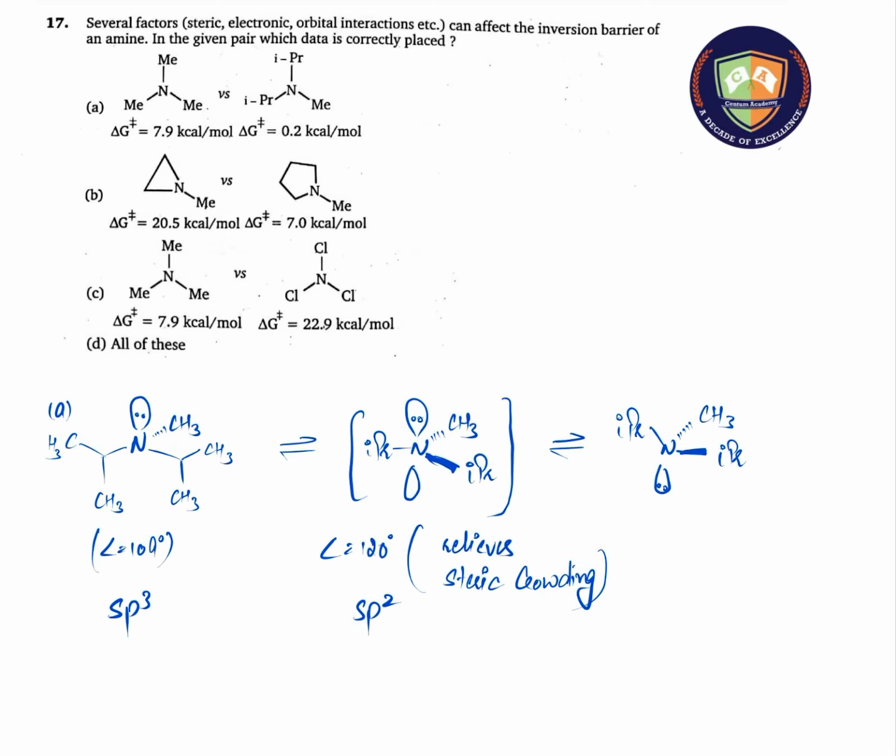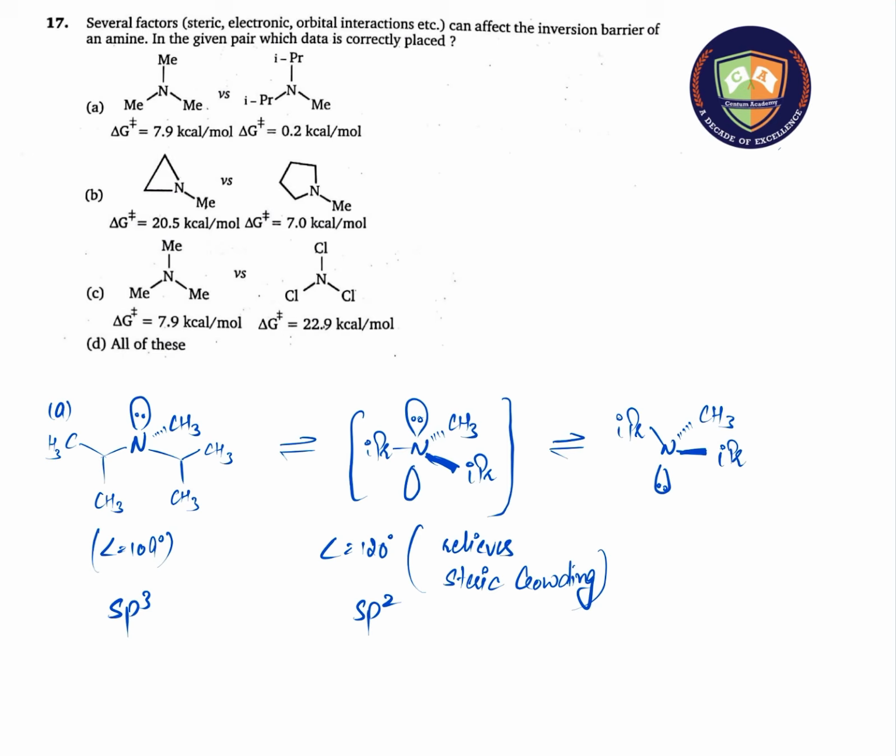Question number 17. In this question, we have to check if the data is correctly given or not. Let's analyze option A. In option A, trimethylamine is given versus diisopropyl methylamine. Let's analyze it. The barrier to inversion for diisopropyl methylamine should be less than trimethylamine because going from sp3 to